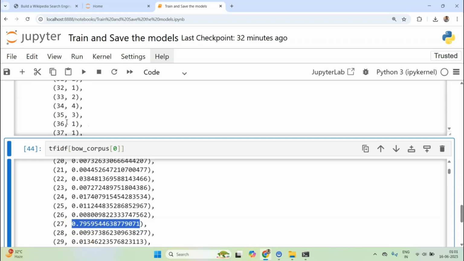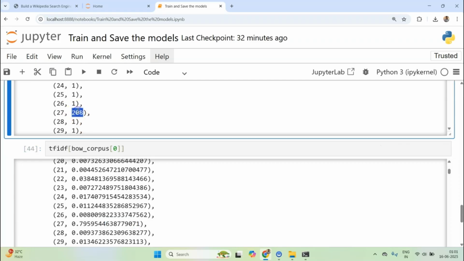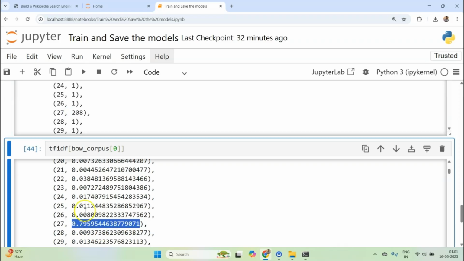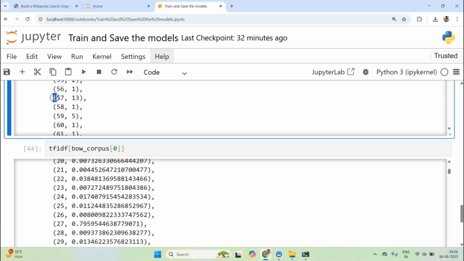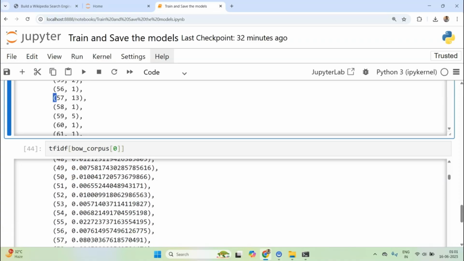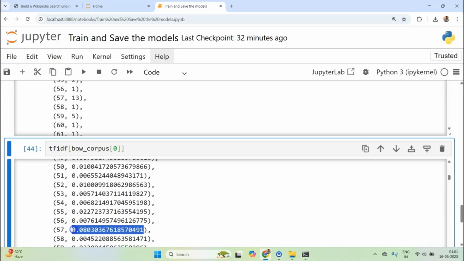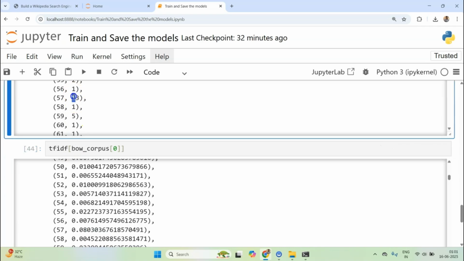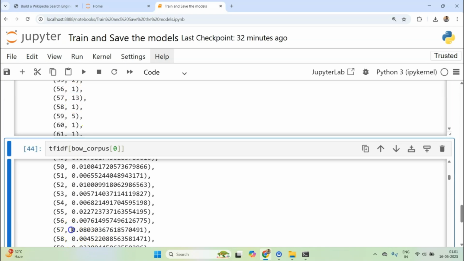This will not always be true: a higher bag of words value does not always imply a higher TF-IDF value. It happens in those cases where a word is very common throughout the documents. Look at this word 57. You can see this document has a relatively high count, but it is very unimportant. Let's look at this word.